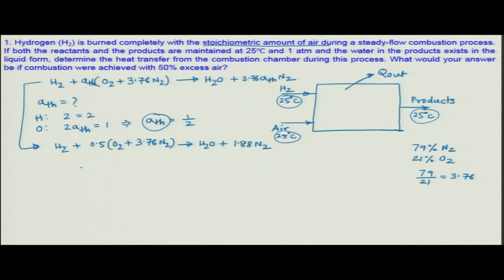For this we will again look into the first law of thermodynamics, that basically says that E in minus E out should be equal to delta E system. Now, since it is a steady flow combustion process, this should be equal to 0. Also there is no work done, so work done is also 0. So, we can basically write this, and finally, we will get whatever Q out,